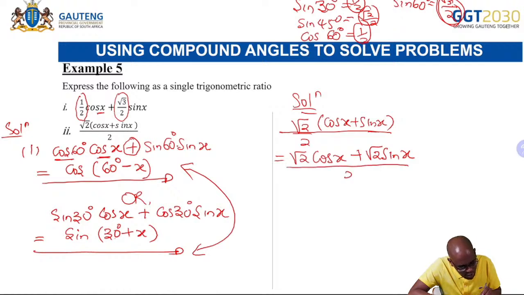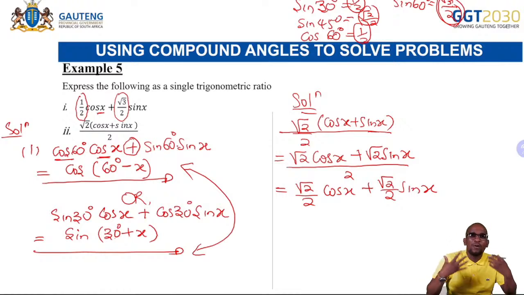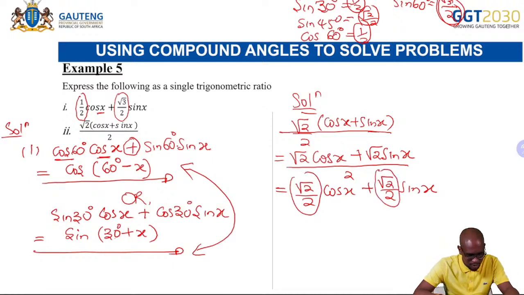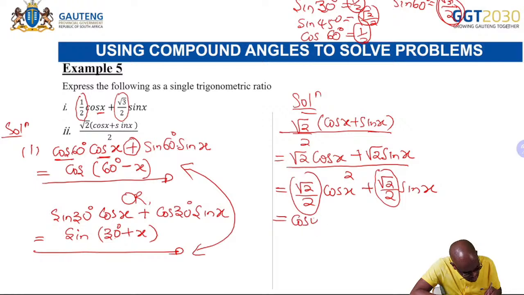Then from there it's a common denominator 2. So I'll divide each term by the common denominator. That is square root 2 over 2 cos x plus square root 2 over 2 sine x. Now you can see that, oh, I have my special ratios. So you can express these special ratios as cosine or as sine, as you please. So I would just express it as the cosine of 45, the cosine of x, plus the sine of 45,